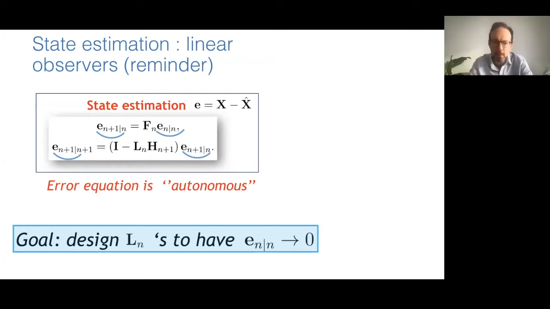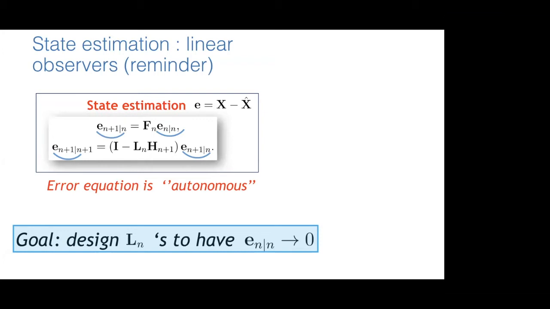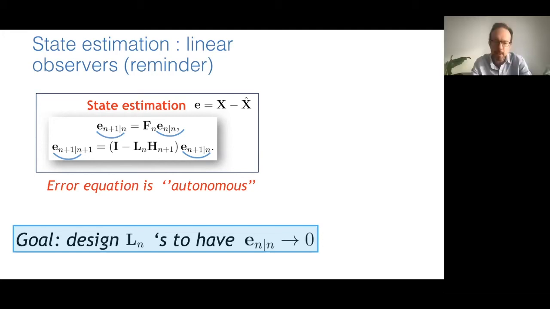You mean to assume that we know AN? That's right, because I assume that the observer is something that is implemented in the controller. So you need to have an accurate measurement of AN in order to come up with what you have explained. And I'm wondering if that is a correct assumption. Yes, yes, yes. Well, it's standard, and